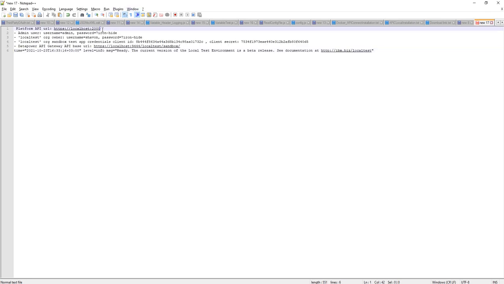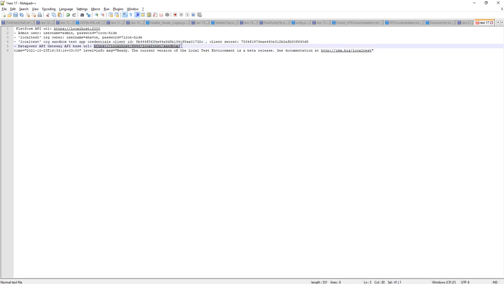Here it will be the address of your API URL. The username will be admin, and the password will be 7iron-i. For localhost you can use this username, the password is the same, and your client ID will be this one, and the client secret is that one. And for DataPower, the API gateway URL will be this one.